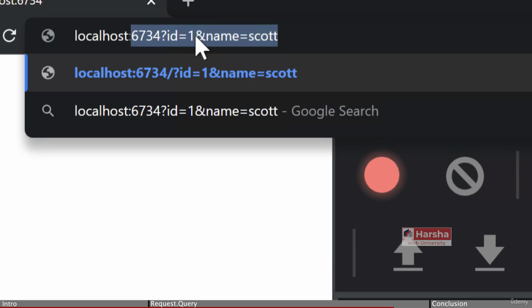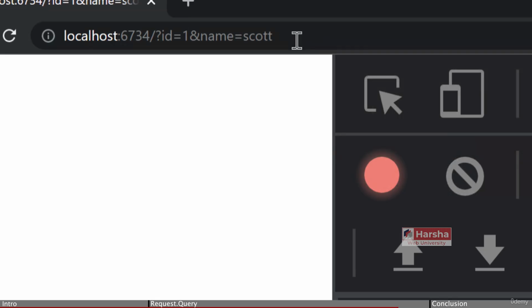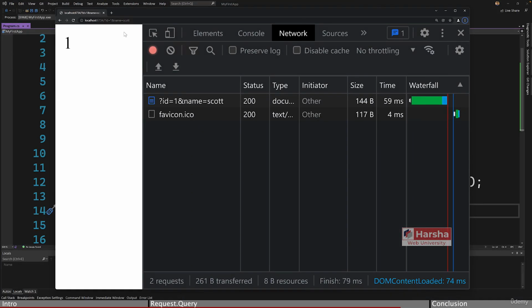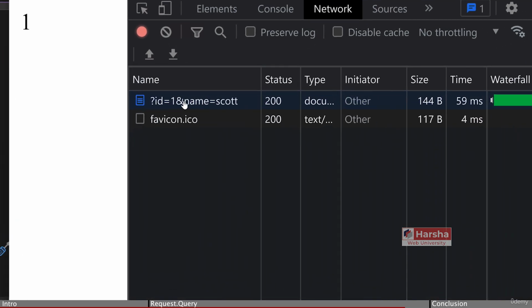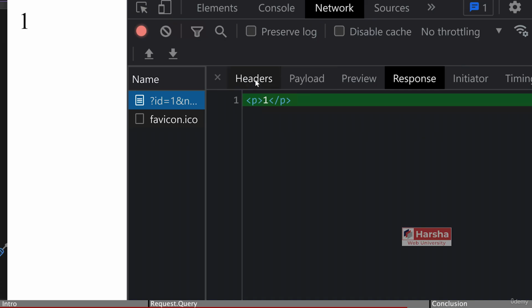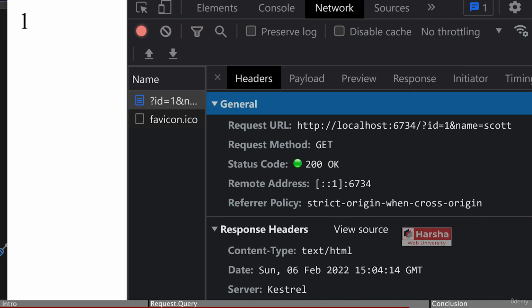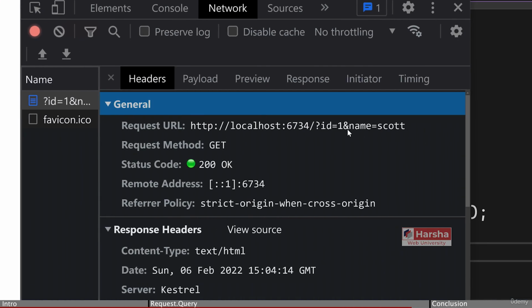Spaces are not allowed. So press enter. We made a request, and in the developer tools, click on that request. You can see the same URL over here,